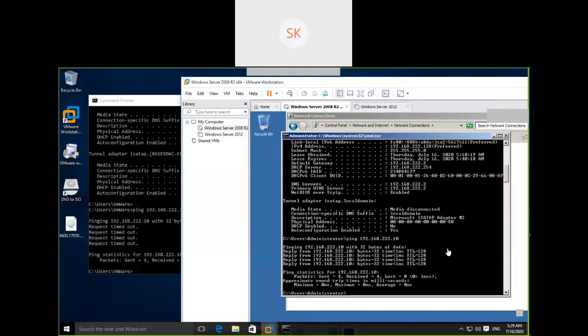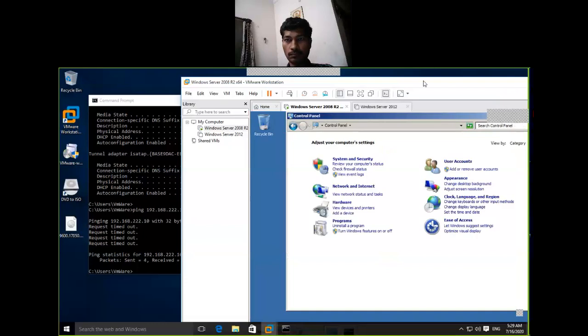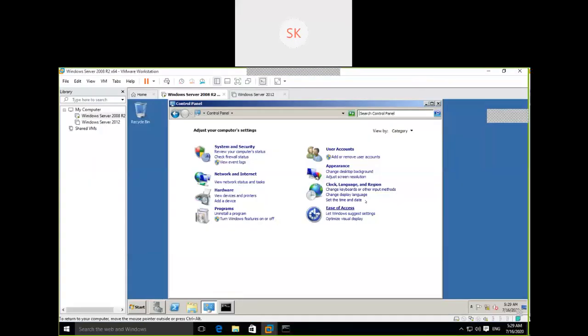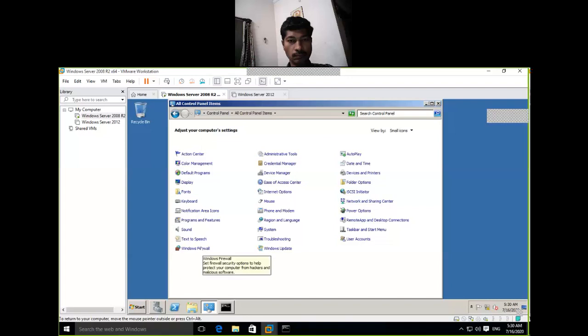Okay, go to Control Panel. Change to small icons. You will find Windows Firewall. Open this Windows Firewall.